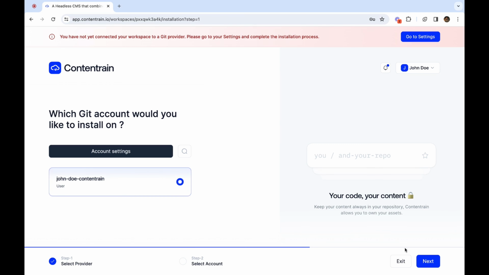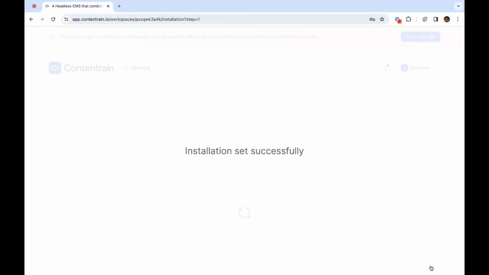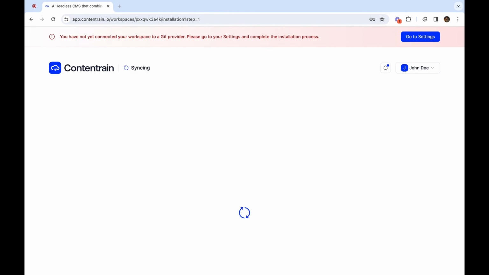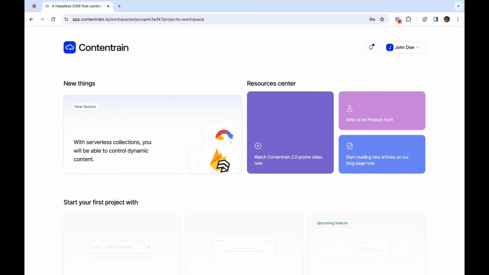Select your account and proceed. After this step, the installation process will be complete, and your workspace will be connected to your Git provider. You can utilize the premium features for your workspace with various plans, or continue using your workspace freely on the